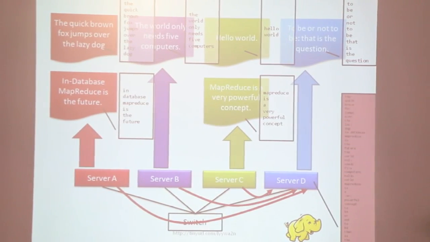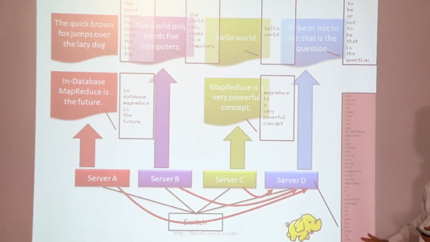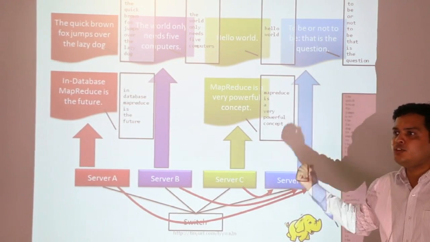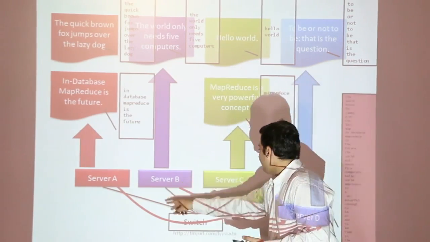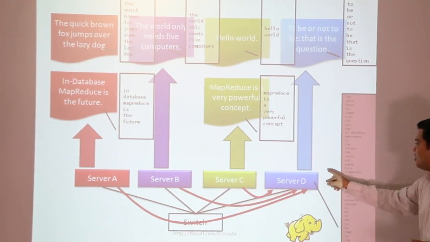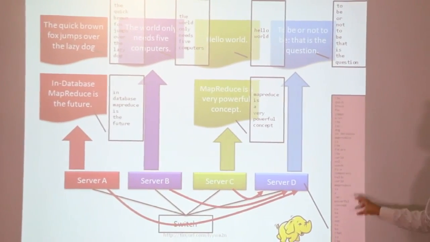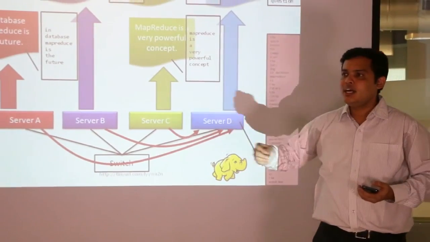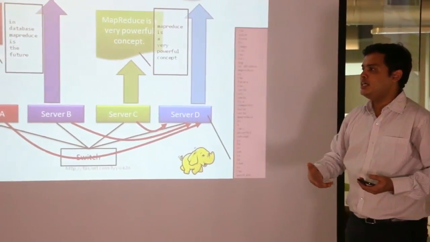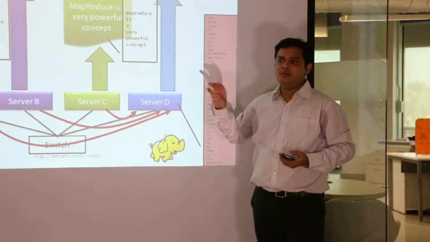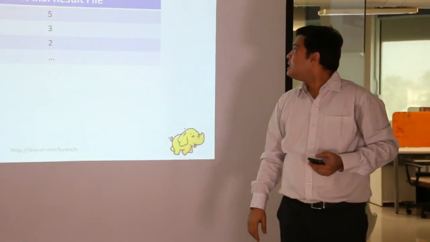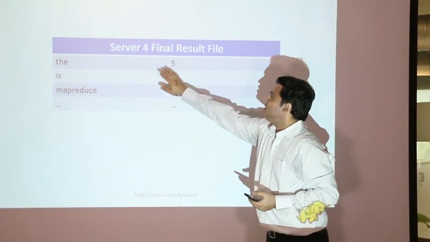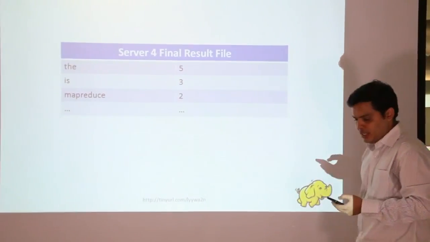So this server will now have a list of all the words, and this server will actually do the summation. This is going to take time, because first we are passing the data over here, and now this server is overloaded with all the words. This is just a sample image, like all the tweets generated today being sent to this server. It will take a hell of a lot of time. And this is what the output will be: this server will finally say this word is repeating 5 times, 3 times, 2 times.